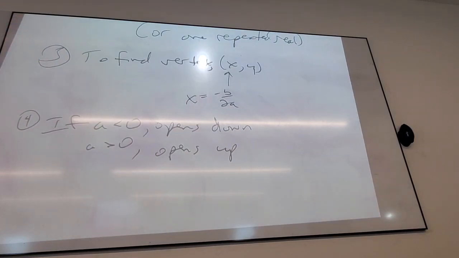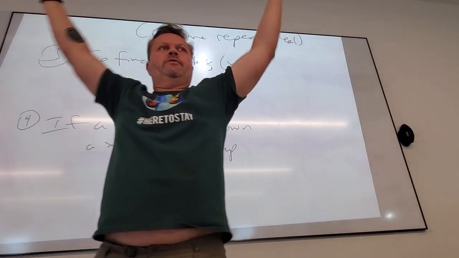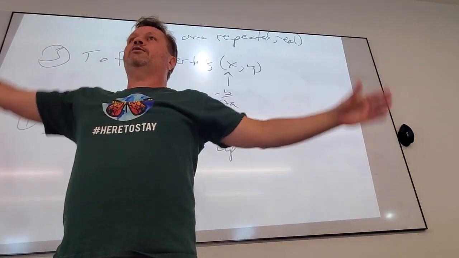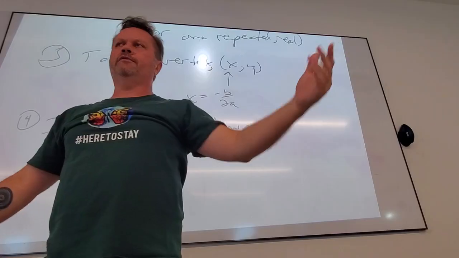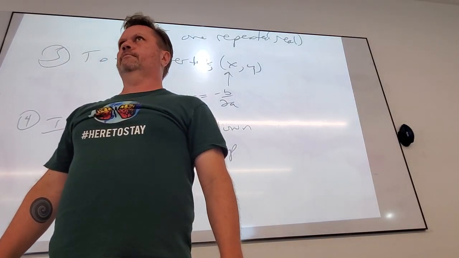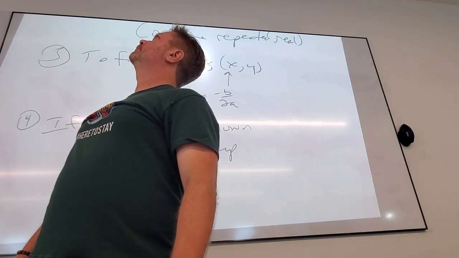And just to make it a complete story for you guys, y equals x squared is this or this, right? y equals ax squared is this or this. x equals y squared is this or this. We're not going to look at those yet. We're going to look at x squared plus y squared equals